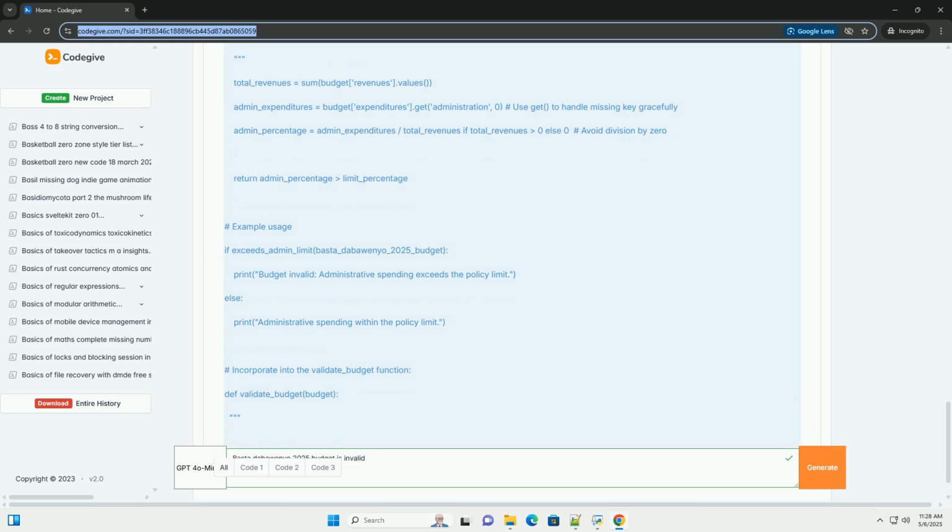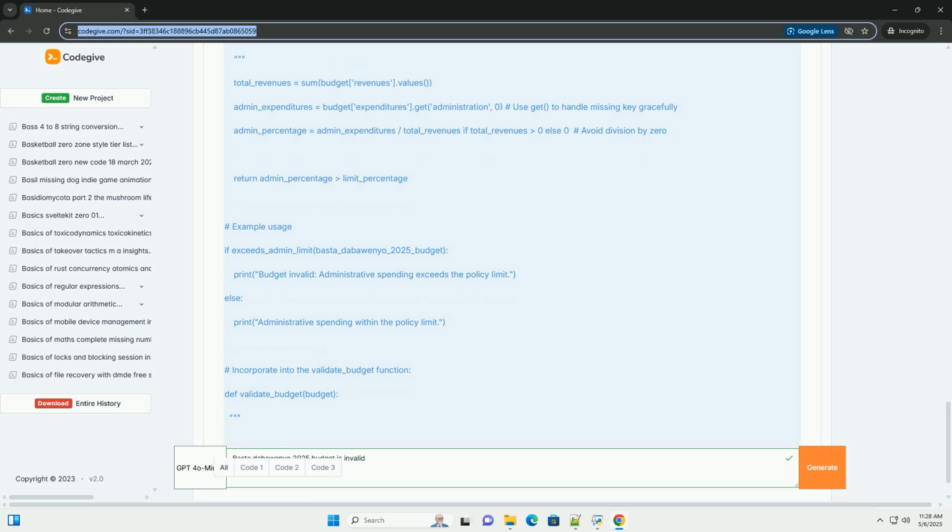Two: scenarios and code examples in Python. Let's assume the Basta Dabawenyo 2025 budget is represented as a Python dictionary for the sake of these examples. You can adapt these examples to other programming languages or data formats as needed. Scenario 1, arithmetic error: expenditures exceed revenues.